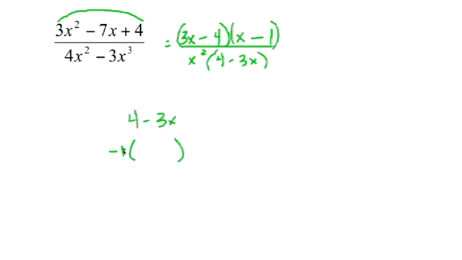Well, negative 1 times negative 4 would give me positive 4, and negative 1 times positive 3x would give me negative 3x. This can then be rewritten in the proper order, 3x minus 4, to match the 3x minus 4